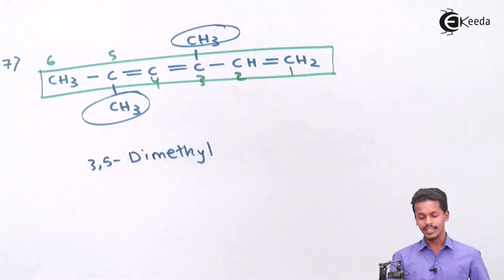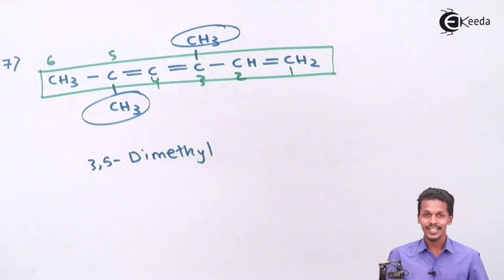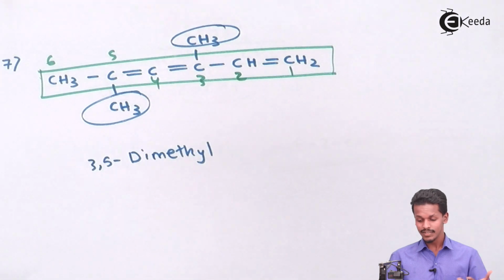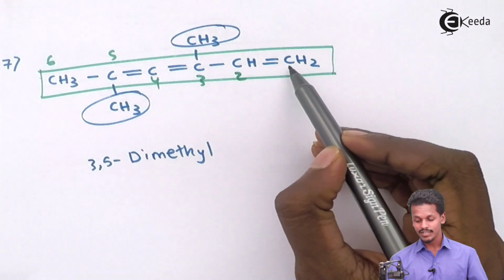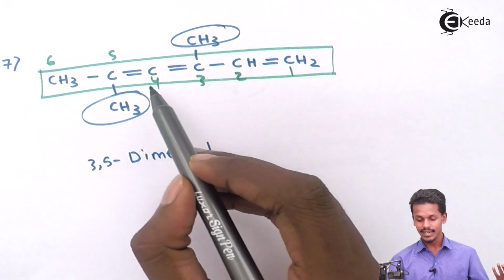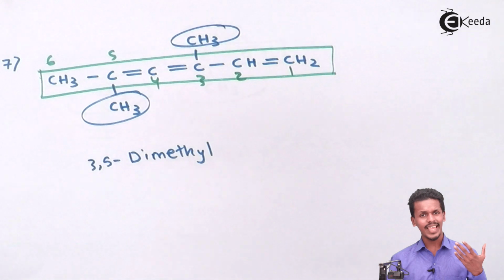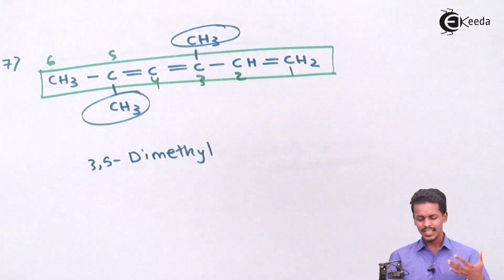And the total number of carbons in the straight chain or in the parent chain is 6, so it would be named as hexane. But this is not a hexane, this is hexene. And the carbon-carbon double bond is not only once, it is thrice. They are present at carbon number 1, carbon number 3, carbon number 4. So when it comes to hexane and an alkene like hexene, the name of this would be something